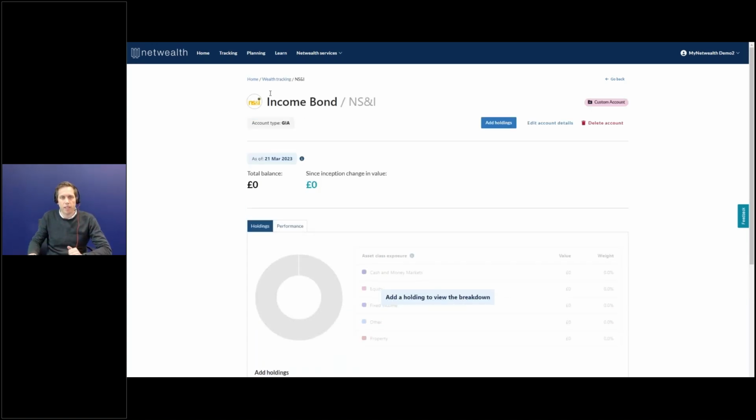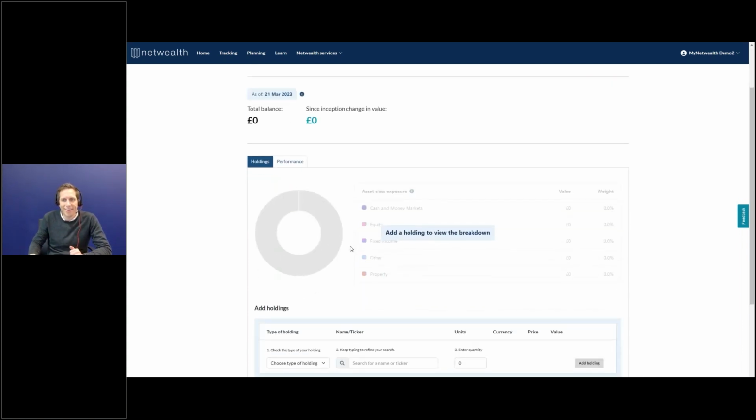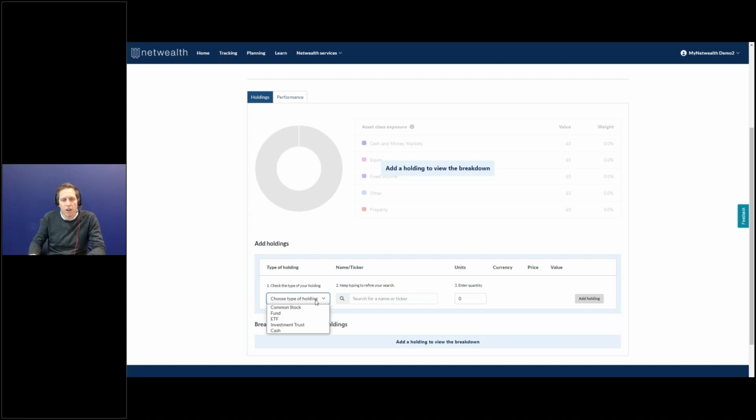It's sitting there, and we can see we've got the National Savings and Investments. It's got the name I gave it, income bond, and then we are looking at what we've got in terms of the holdings and so on, but we put nothing in yet. So we have to start in a custom account adding in those holdings ourselves. Now in this case, it's cash. I'm going to say that I've got 50,000 of cash there, and pick my currency. I'm going to track it as being in sterling,